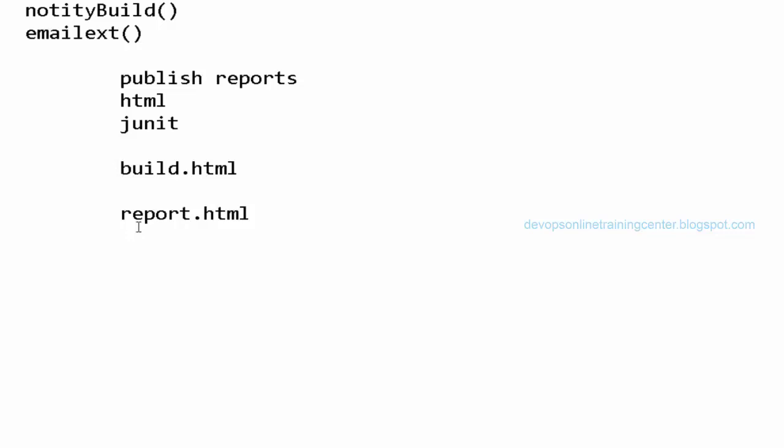Okay, I still don't understand. So the script part will do the job, right? And then it will output like a build or report or HTML, right? Even in a Freestyle job, if you have the plugin called publish reports, there are options. So JUnit, when it is executed, will automatically generate a report with the number of tests passed, failed, and all. So that report we are using here to publish.